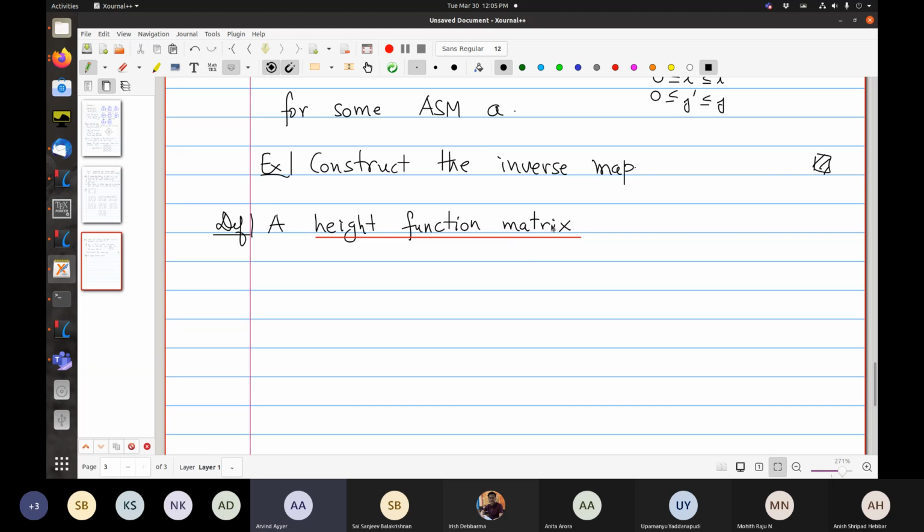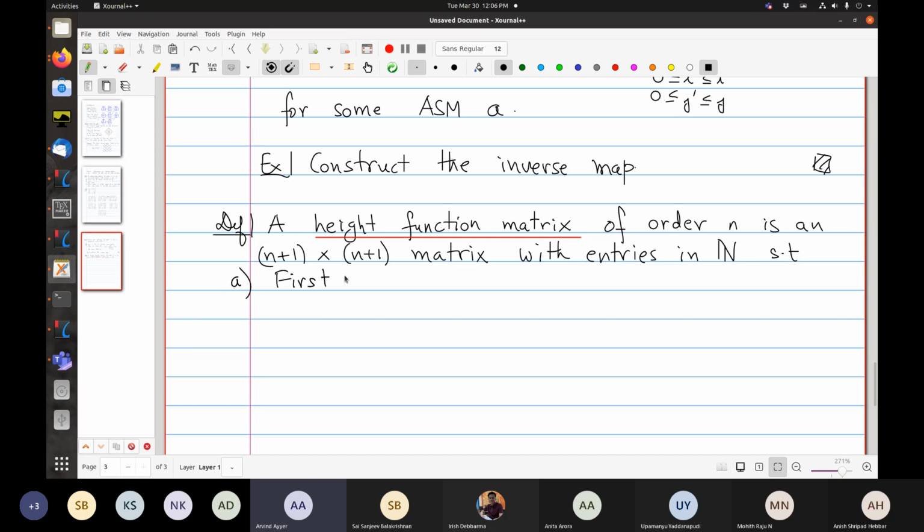This is going to be directly related to asterisk diagrams of order n. Again, it is an n plus 1 by n plus 1 matrix with entries in the natural numbers, such that